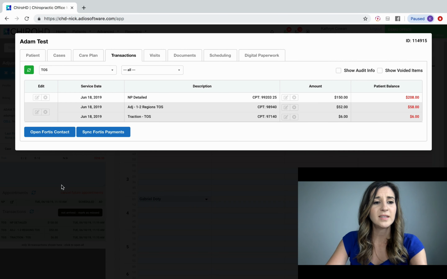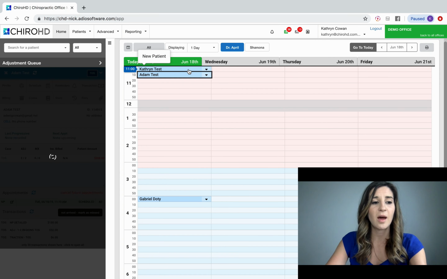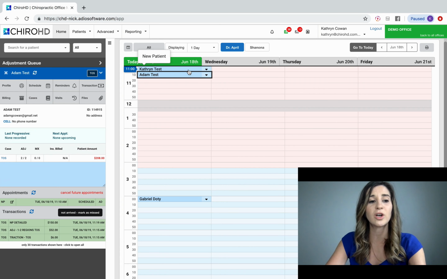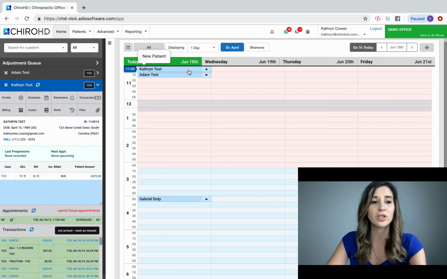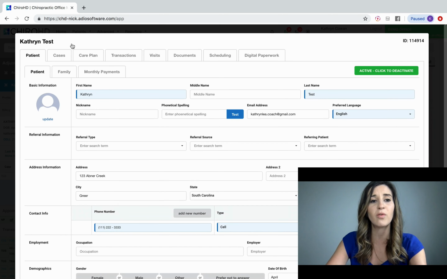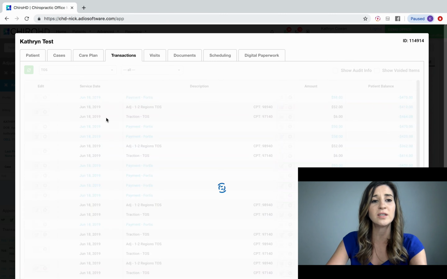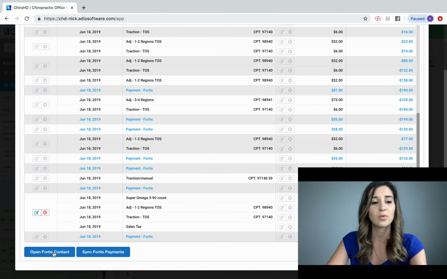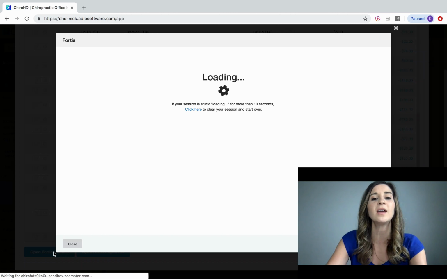Now, let's say that your patient is set up on a care plan and you want their charges to bill automatically every month. You can set up recurring charges within Fortis. So you're just going to do the same thing. You're going to come to the patient profile, you're going to come to Transactions, scroll down to Open Fortis Contact,